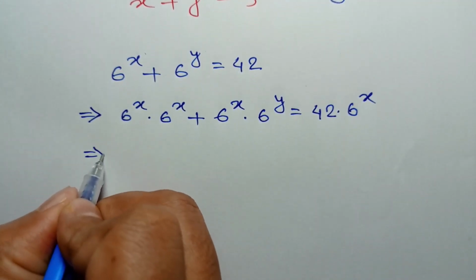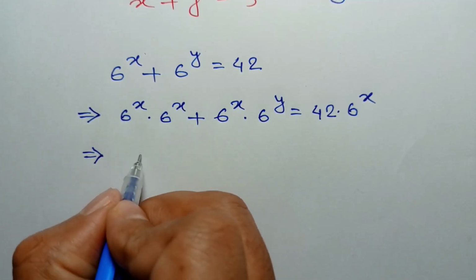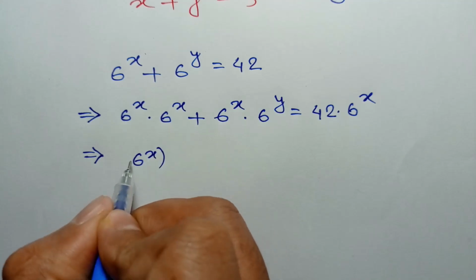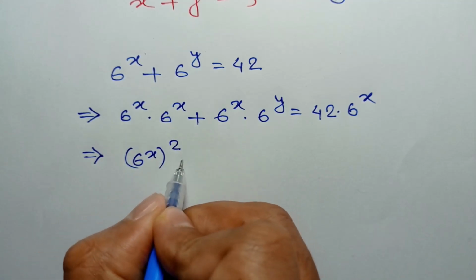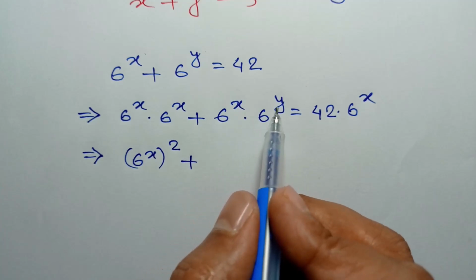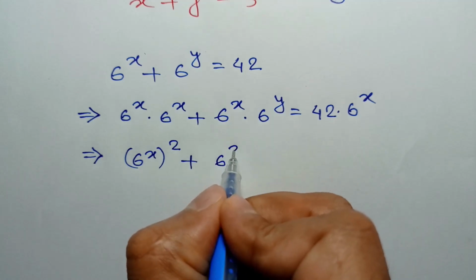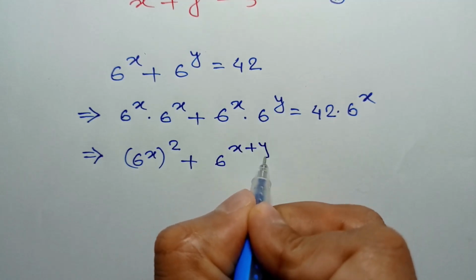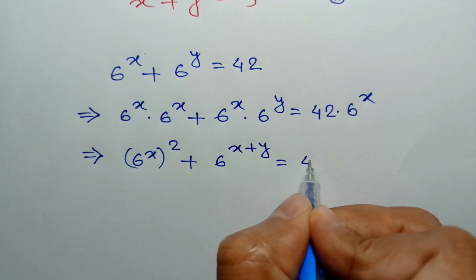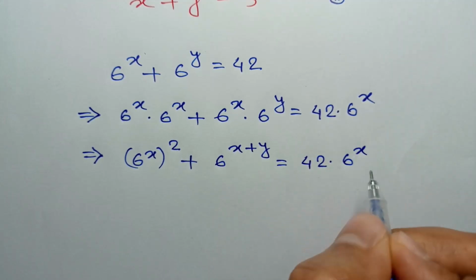or 6 to the power x times 6 to the power x is 6 to the power x whole square, plus 6 to the power x times 6 to the power y is 6 to the power x plus y. So 6 to the power x plus y is equal to 42 times 6 to the power x,